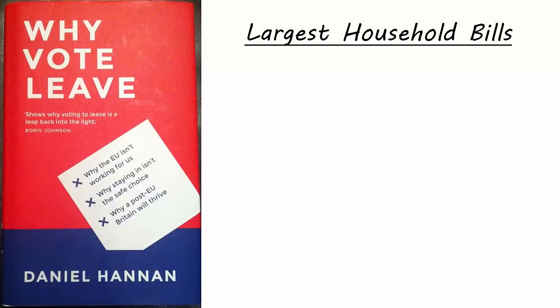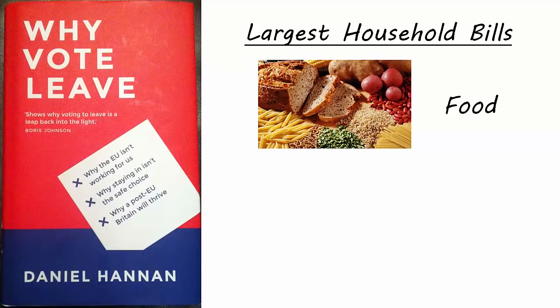If you tot up all your household bills, which are the main ones? Obviously it depends on circumstances. For some it's the mortgage payments or the rent. For others the cost of running the car. For most of us though, 3 items are at or near the top of the list: food bills, fuel bills,